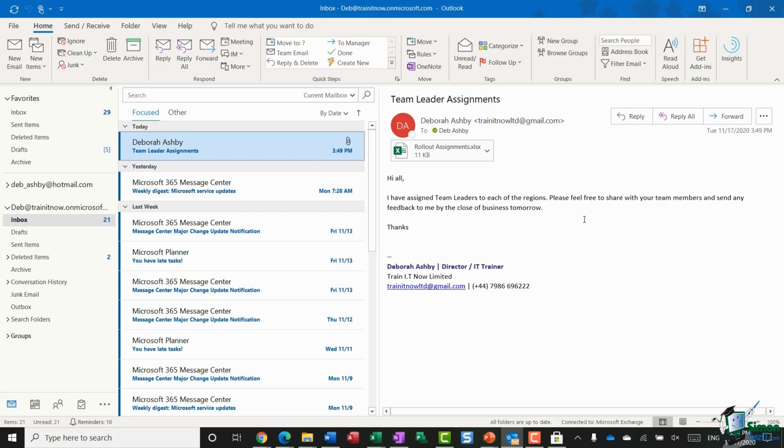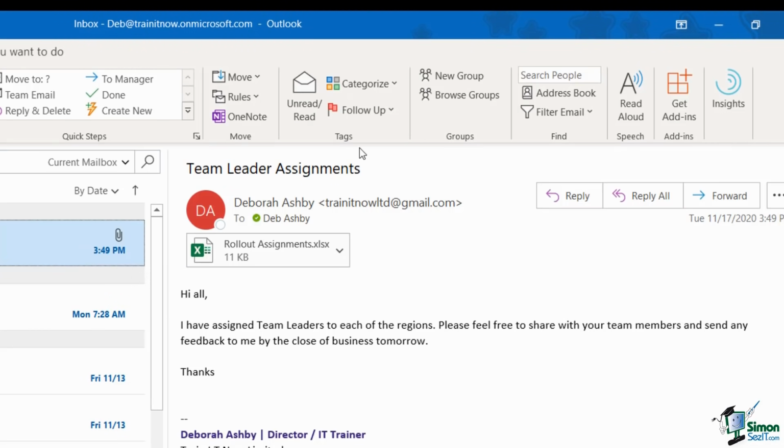Once you've downloaded and installed the app, and you might have to restart your applications in order for this to show, for example, on the home ribbon in Outlook, you can see in the Move group, I now have this little icon here, Send to OneNote. And that's going to allow me to directly send any email message that I have selected to a specific page